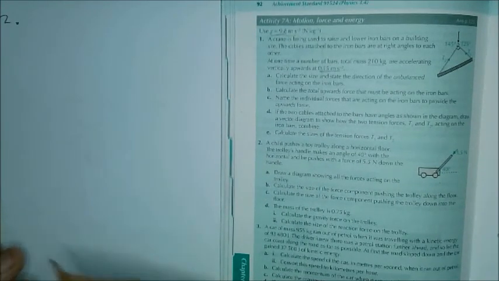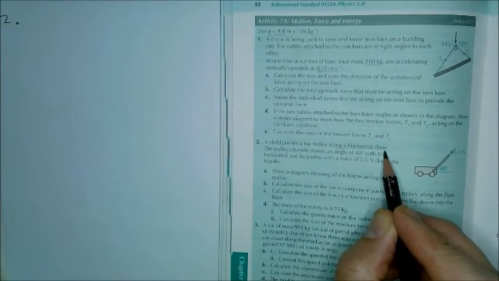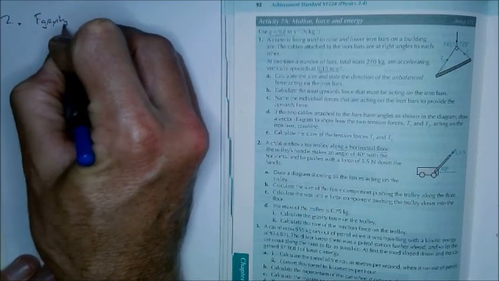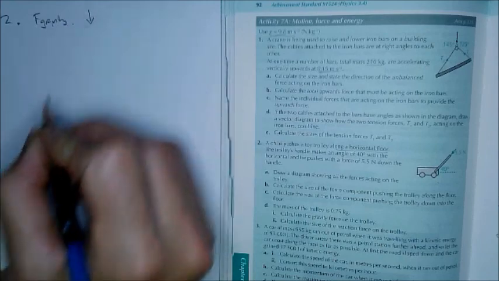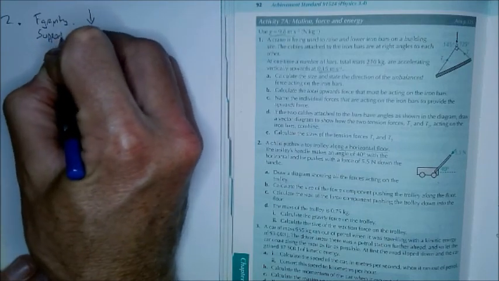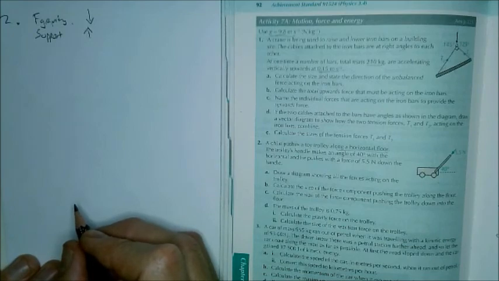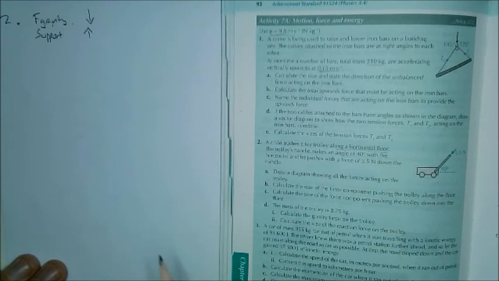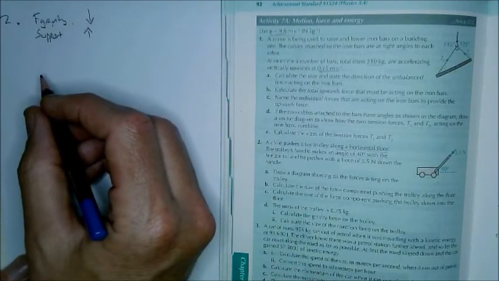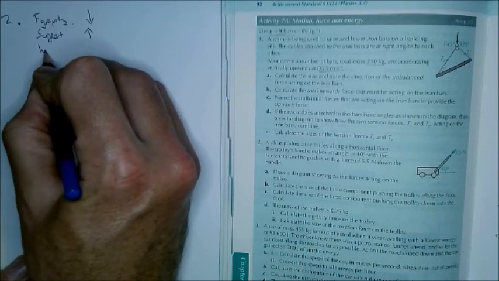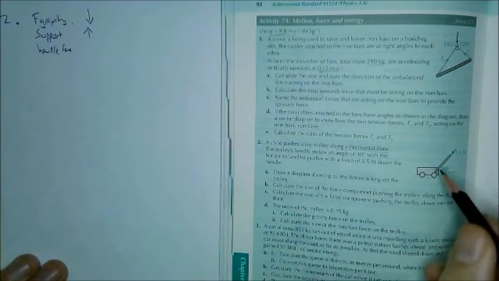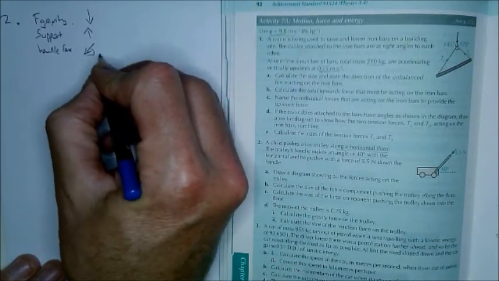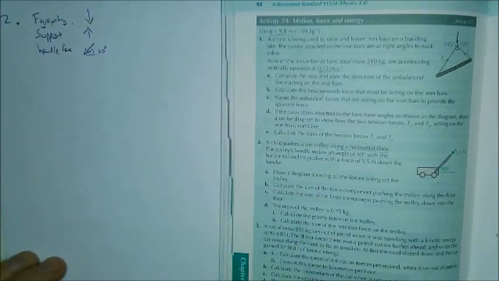So let's think hard about the trolley. It's going along a horizontal floor, right? So forces we need to consider: the force of gravity. Which direction is that? It's down. Support force. Which direction is that? It's up. Can the support force apply a horizontal force to the trolley? And the answer is, it's a wheeled trolley. We're going to assume that it's frictionless, I think. And the other force being applied is the handle force, and that is shown here already. It's coming down at the angle of 40 degrees. Okay, so